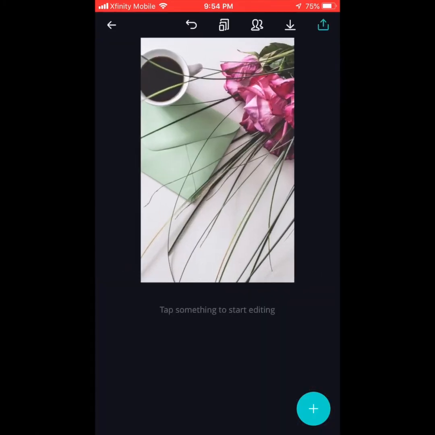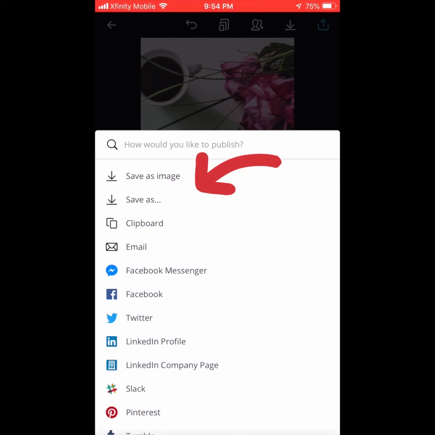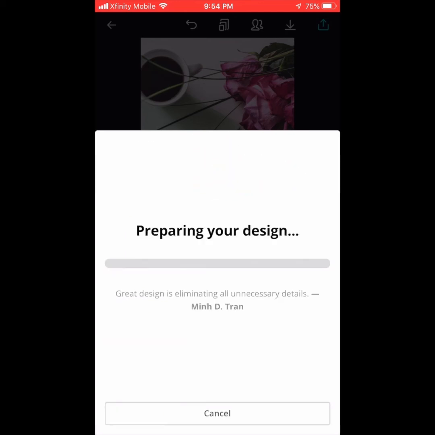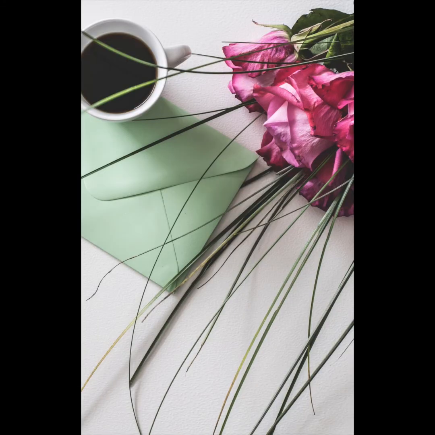Same thing, just hit that. You see in the green on the right side, you have the up arrow with the bracket. Hit the bracket, save it as an image. Now it'll be on your phone under your photos and ready for